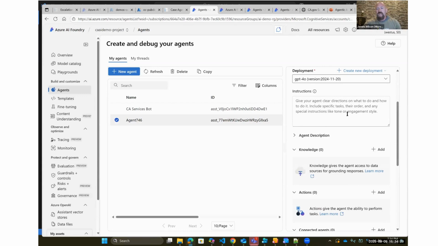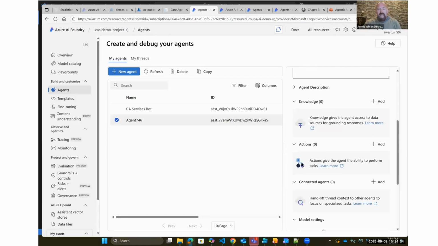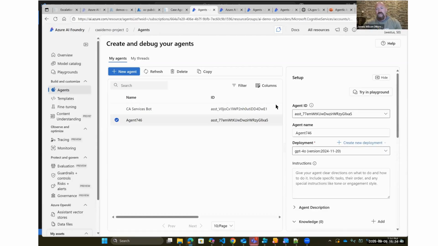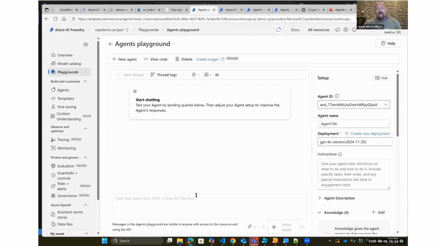Even the instructions, the prompt directions, are pretty generic, right? There's no access to any knowledge, no access to any actions. In these terms, knowledge is basically just additional knowledge sources, and actions would be like the ability to call functions or to go out to the web or do stuff, right? And right here, I can interact with it immediately, right? So that's kind of the selling point here for AI Foundry: when you want to build an agent, you can just go right in without messing with anything else. With just a few clicks of a button,